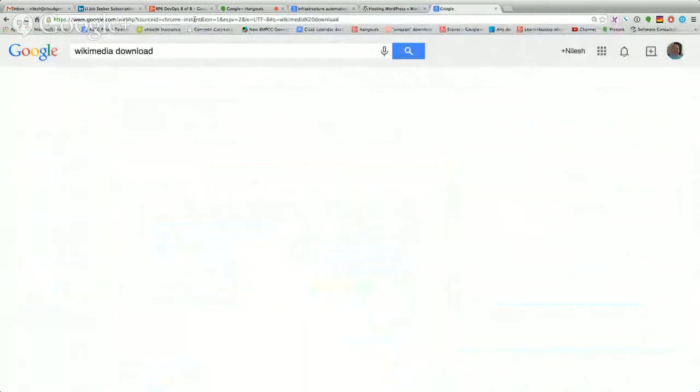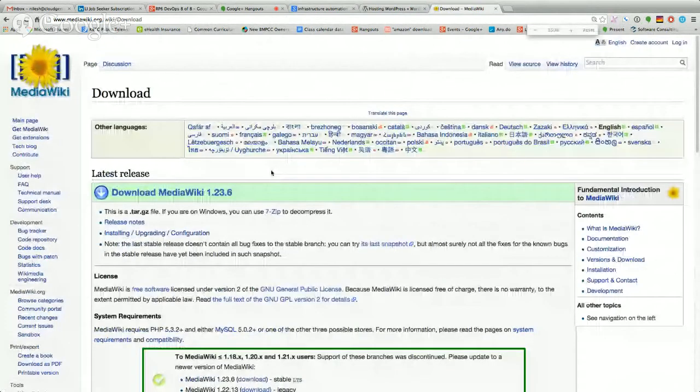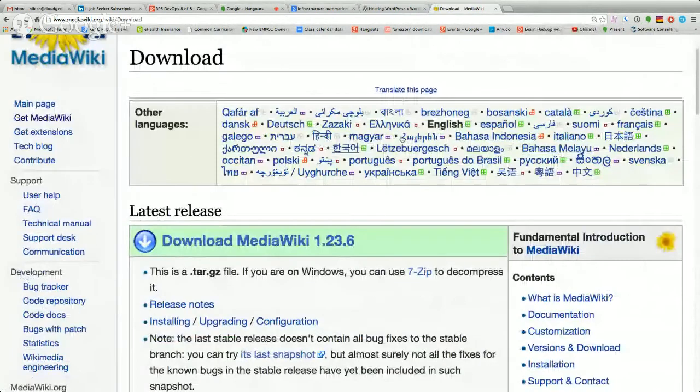It is the same concept, the same idea. MediaWiki is the name of the application. Wikimedia Foundation is the organization. It's available in almost every language on the planet. The latest download is available here.